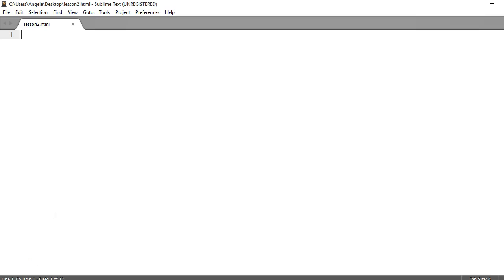So first, let's make our document. Do doctype HTML, and we've gone over that before. A style sheet is also known as a CSS file, and again, we're going to go over that later, but